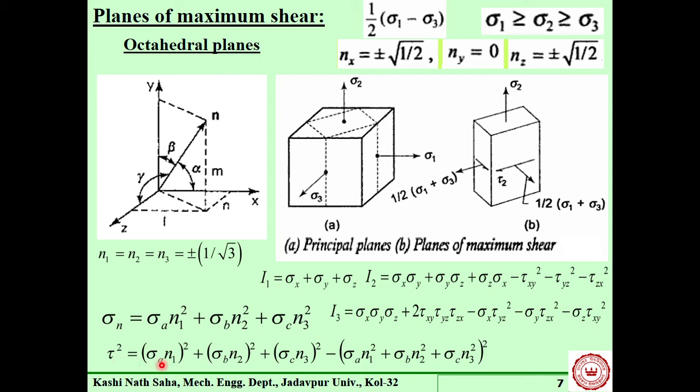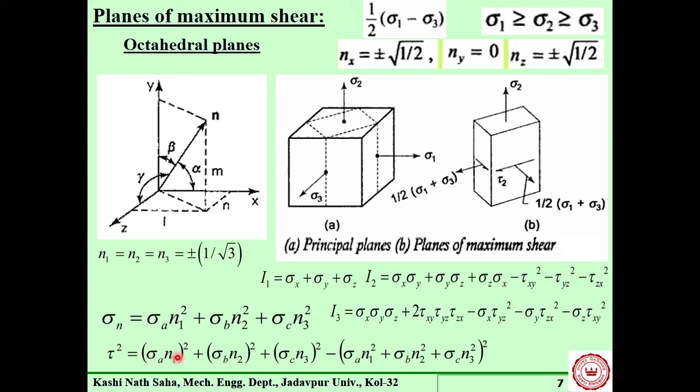If this is maximum, then what is the derivative of this tau with respect to nx, ny and nz? If we put them 0, then this will give a maximum value of tau. That way also we can get